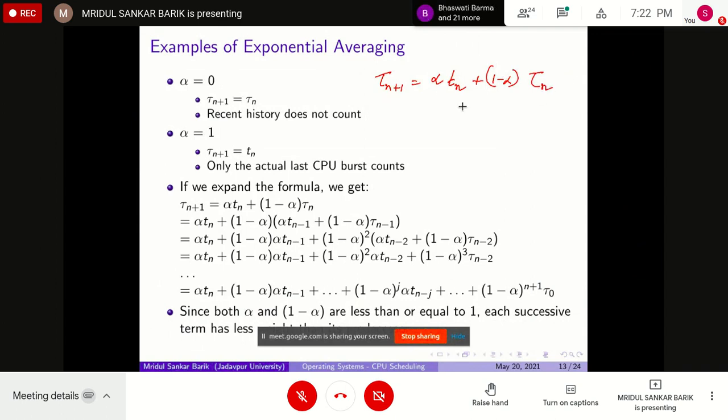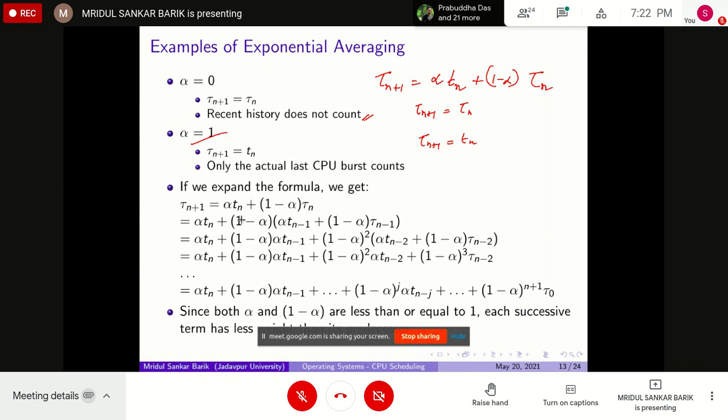So if alpha is equal to 0, tau n plus 1 is equal to tau n. If alpha is equal to 1, put 1 over here, so in that case tau n plus 1 is equal to Tn. So in this case recent history does not count. আগের যা prediction ছিল সেটাই next prediction, কিন্তু আর এখানে recent historyটা count করছে, লাস্ট যেটা অ্যাকচুয়াল হয়েছিল সেটাই আমি নেক্সট এর প্রেডিকশন করছি।